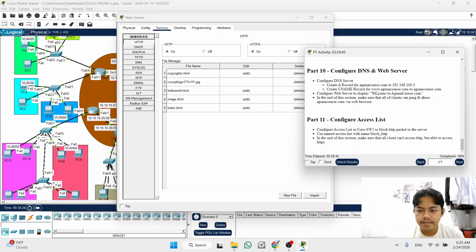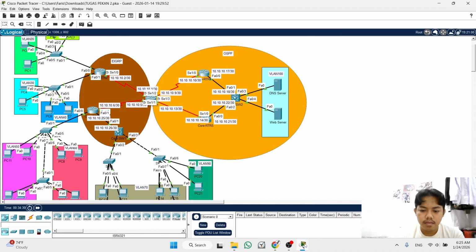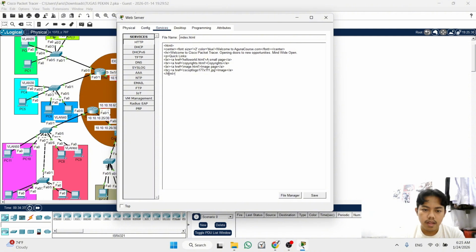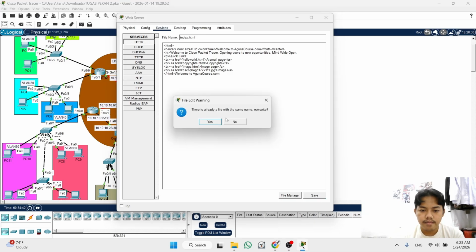Okay, we just copy it. After that, you go to index.html and then click edit. At the bottom, you paste and then you save.